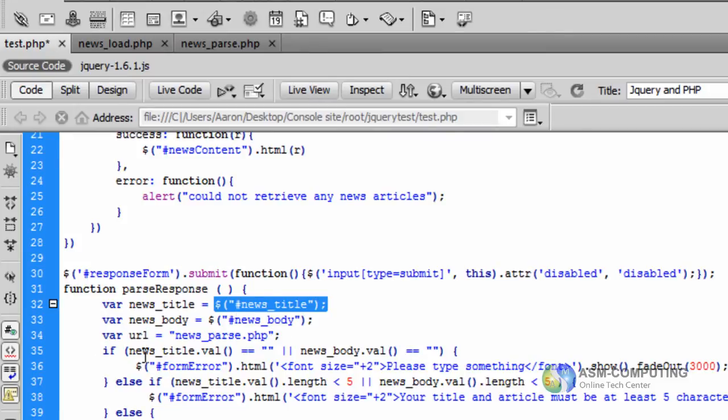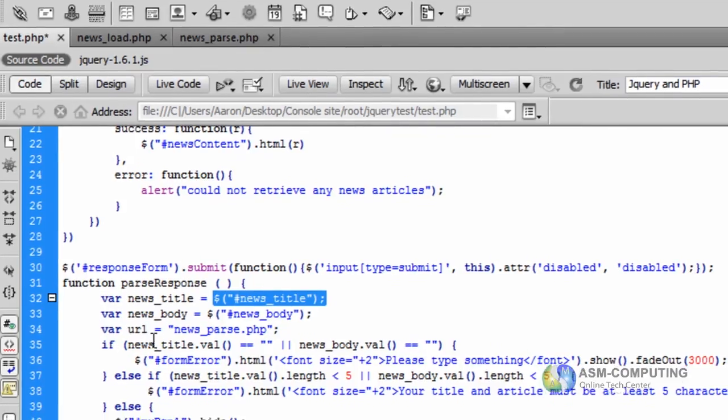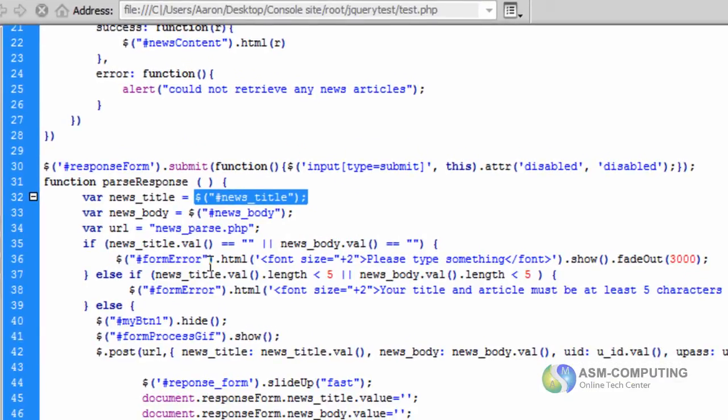And then we have a few conditions to say if the news title dot value equals nothing. So if the value inside of this element here is empty, or the input, sorry, of this one here is empty, we just give them an error.